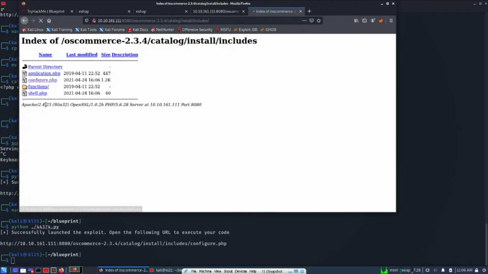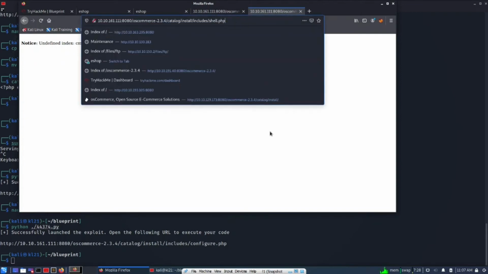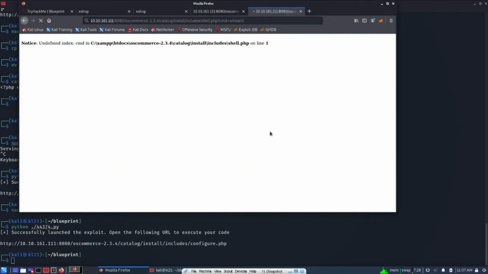Yes, shell.php is here. What we need to do, we just need to mention cmd equals whoami. Okay, so we are system, so the web shell is uploaded,